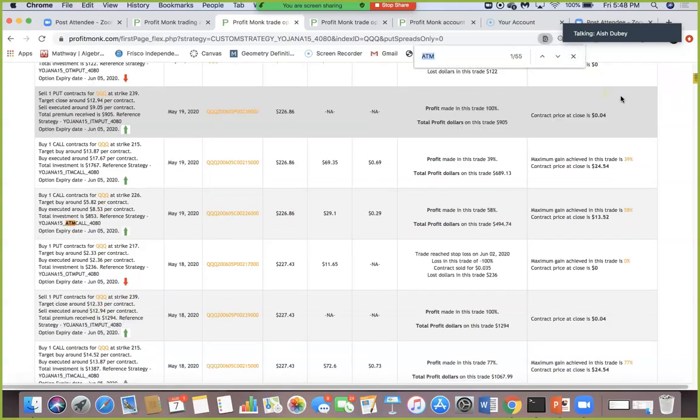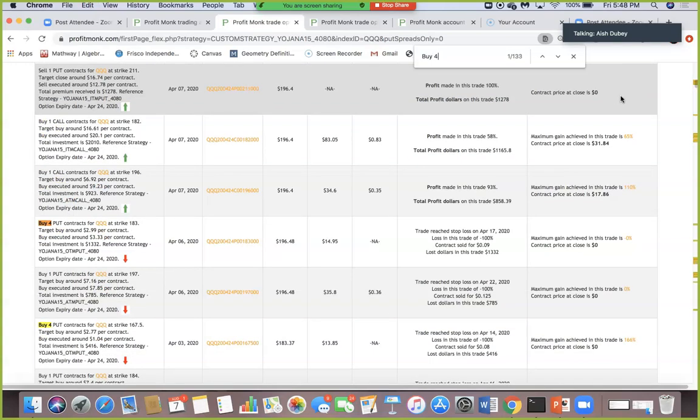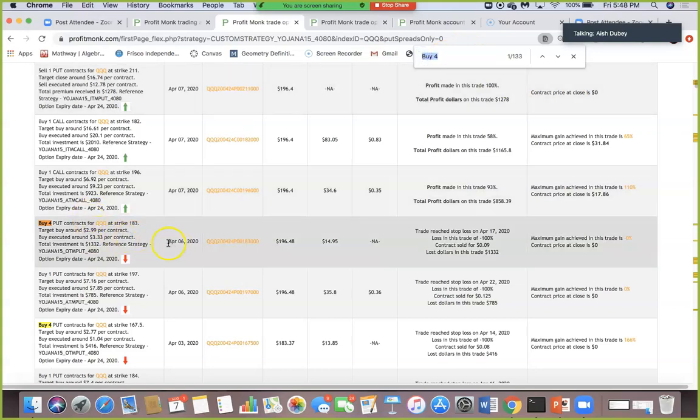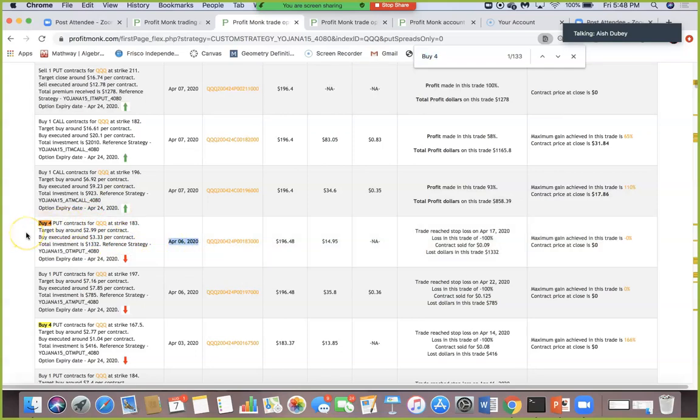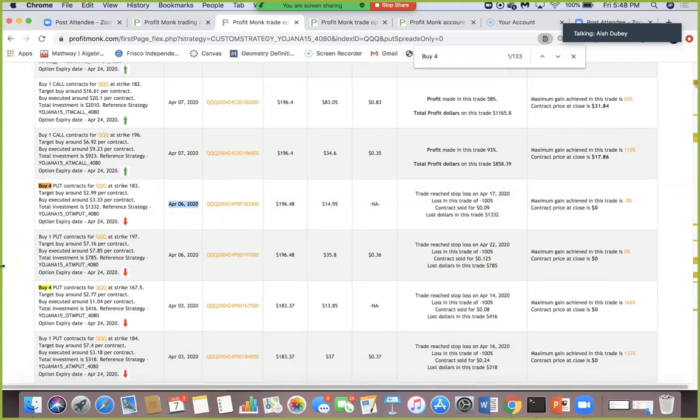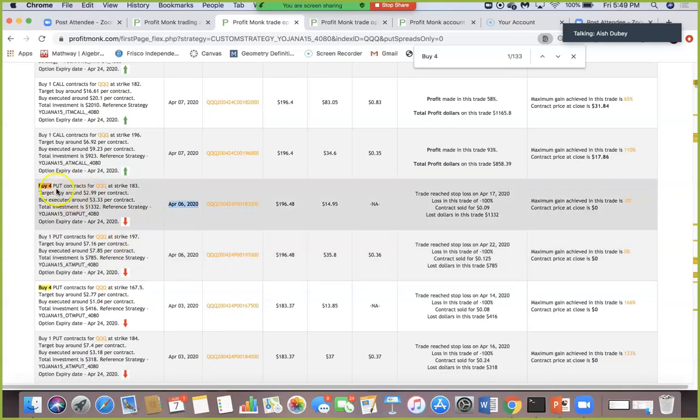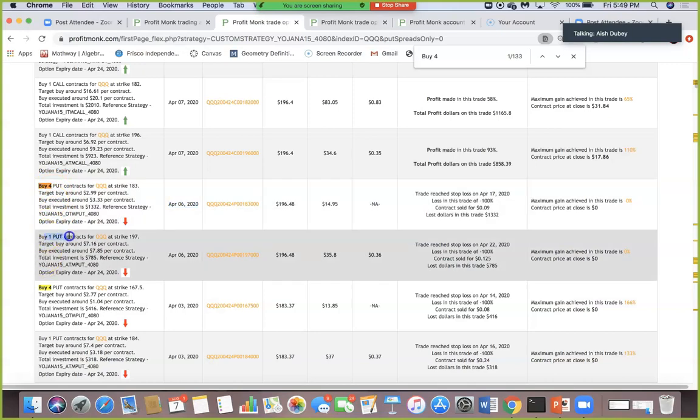Now, what's interesting is how the strategy changes. Sometimes you will be buying differently. For example, if you go down to April 6, which is when the market really came back up and came out of the bear hug totally, although it was going up for most of March as well, you will see different time frames where you will not be doing these spreads. You will just be doing put contracts, right? And you will probably be doing skewed put spreads where you will see this OTM put being bought, as well as an ATM put being bought.